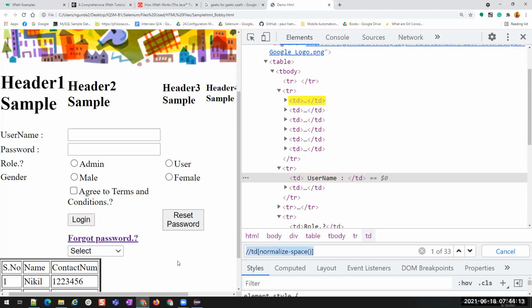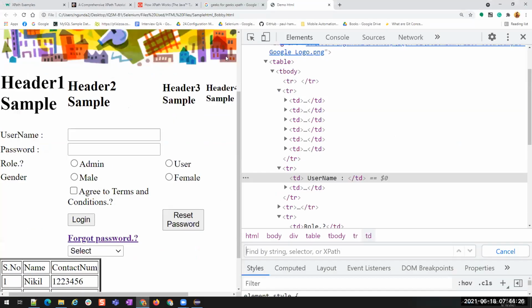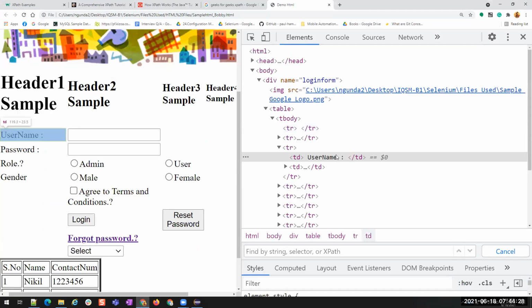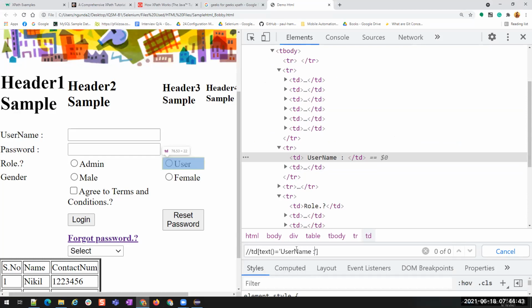See, now intentionally what I did is I added some extra spaces to this text. Now I went here and refreshed it. Now I have this username text. I am writing XPath for this //td, and there is a text inside it. So I am applying text is equals to, in single quotes, username space colon.